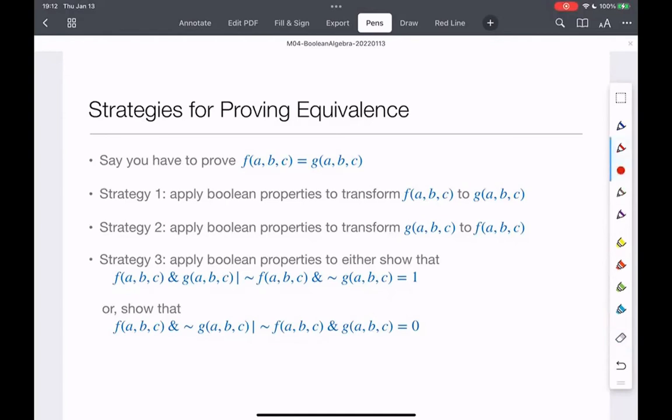By the way, these two things are the same thing as saying this, and this thing is the same as saying this, right? So the top one is saying either both are 1 or both are 0. The bottom one is saying it is not the case that the two are different. Okay, so